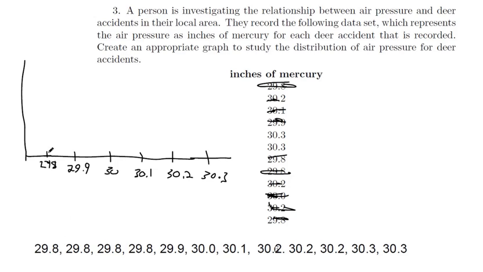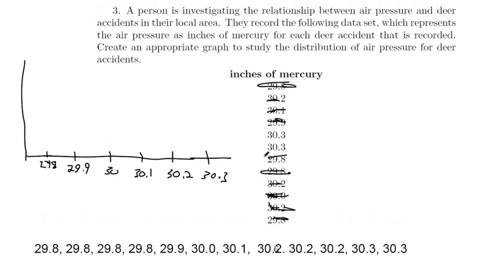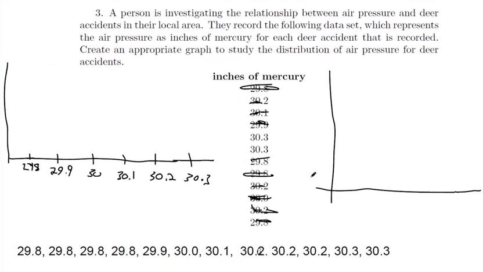What happens when a number lands right on the edge? 29.9. Should I put that over in this group, or should I put that over in this group, because it's right on the line? So I think I'm actually going to change my x-axis just to make it clear, because a person that comes and looks at this histogram isn't going to know exactly where the next one is. It's just because this is a bit of a weird data set. Let's change it like this. Since we know going up by 0.1 was easy, since I know I don't have any 0.5s, I can make sure I don't run into that intersection problem by doing